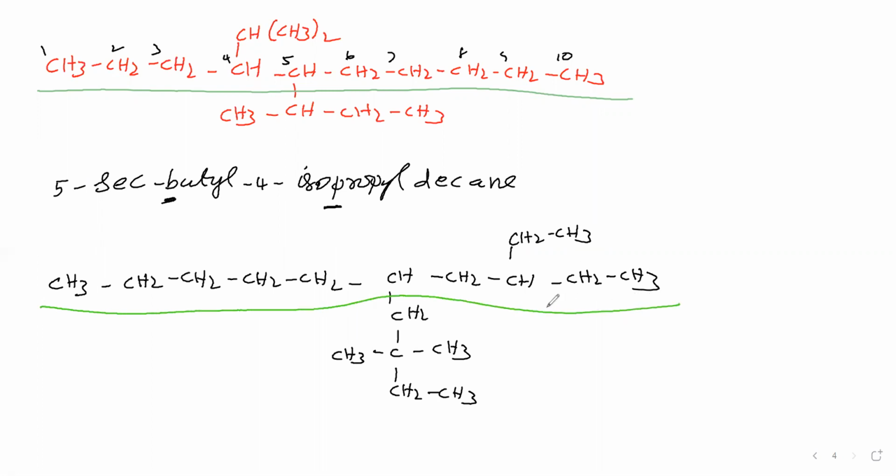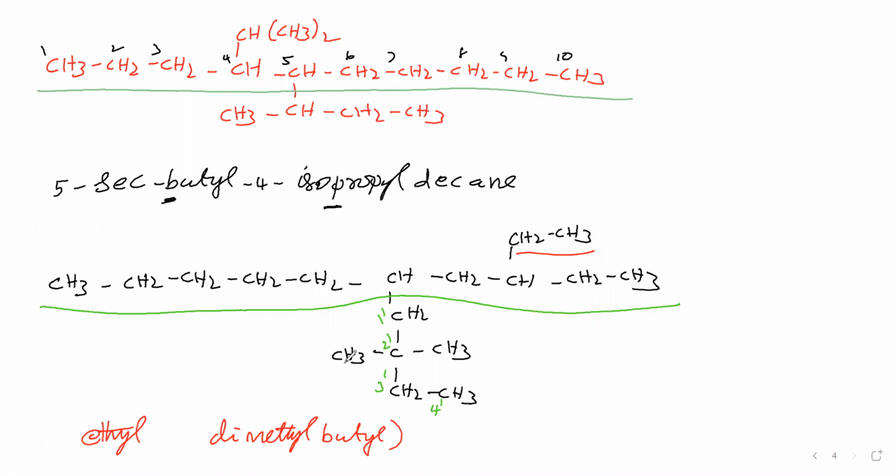Branch name we will say, this branch is ethyl. Then for this branch, we have to select a small parent, that is, we can say this is 1 dash carbon, it is 2 dash carbon, it is 3 dash carbon, it is 4 dash carbon, like that. Now we will say the name. This branch name we will say first, that is ethyl. Then this is one branch, this is one branch, 2 methyl groups, therefore dimethyl. And here 4 carbon atoms, therefore butyl.